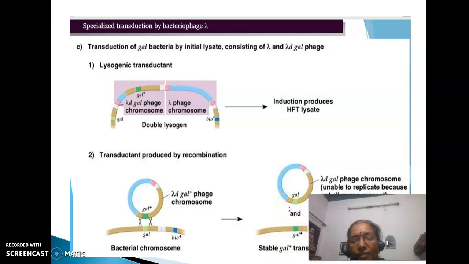So at the end of specialized transduction, the GAL marker which is on the transductant undergoes recombination in the recipient. So a recipient bacterium which was earlier GAL minus will become GAL plus. So a stable